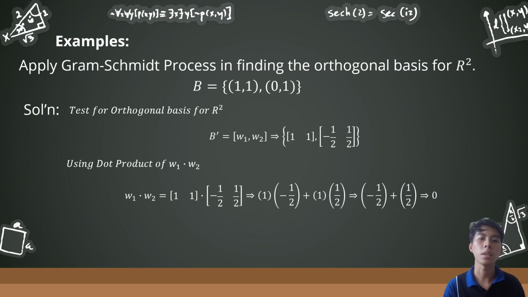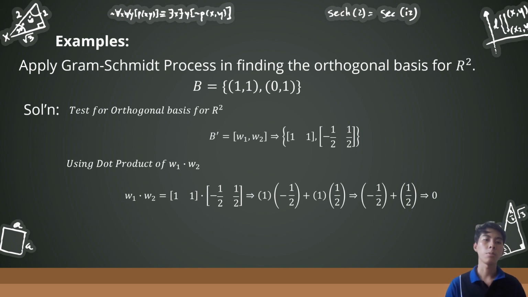Our w sub 1 here is equal to the vector (1, 1), and w sub 2 is equal to the vector (negative 1 over 2, 1 over 2). These are the newly accumulated vectors that we get by using the Gram-Schmidt process in finding the set of vectors B